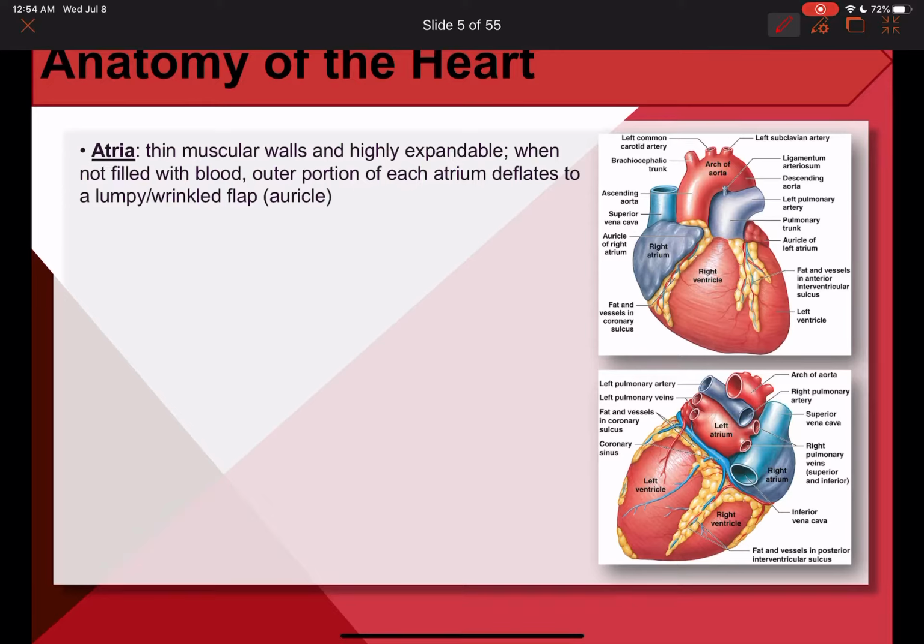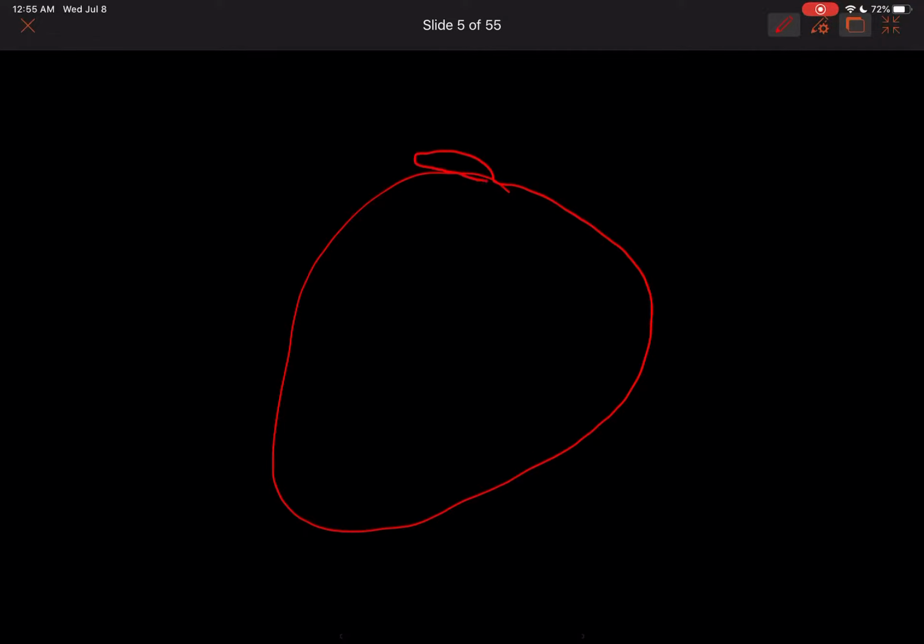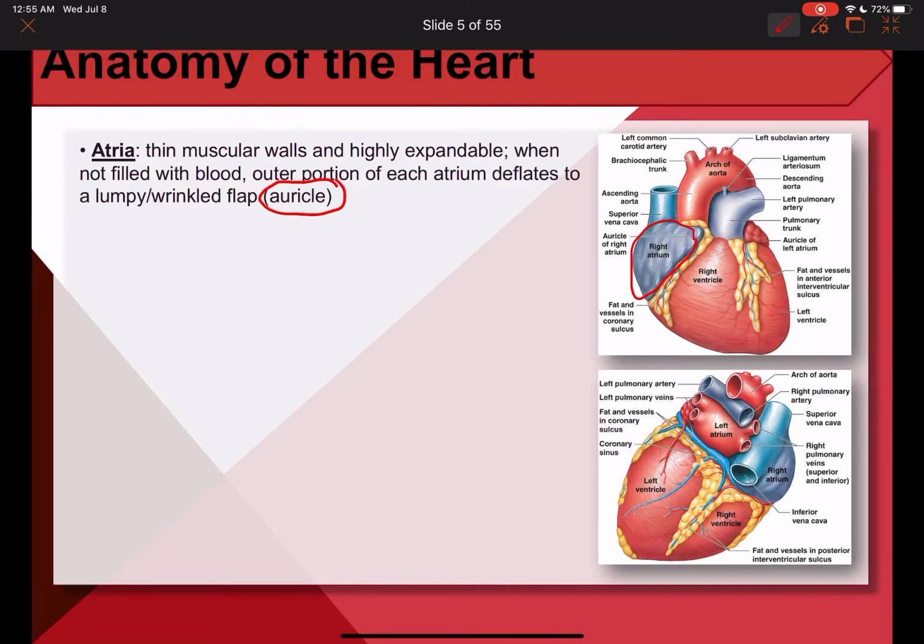So that's also why they sometimes refer to the atrium as an auricle, because it kind of looks like a flap of lumpy ear that's sitting on top of the heart. And for the pig heart, somehow the atria is even smaller compared to the ventricle. They're almost like this big size of the heart, and then you have these two little flaps up here. That's why students always end up missing it when we do this dissection of the pig heart in lab. But for the humans it's not as pronounced, but still, it's a pretty small little